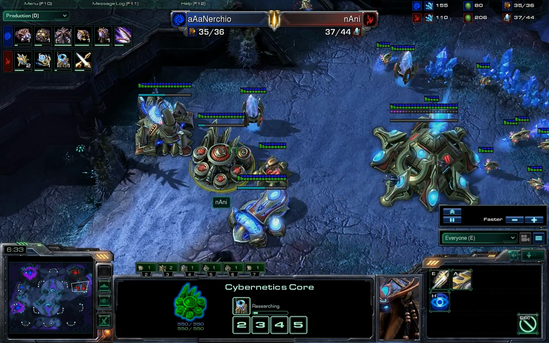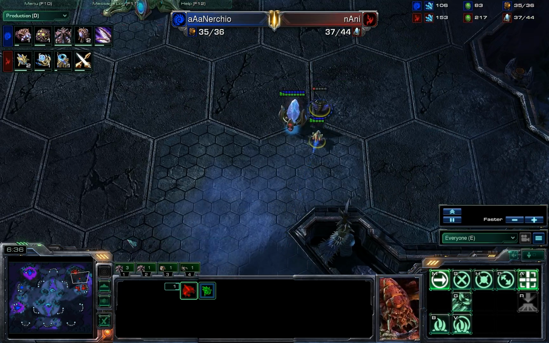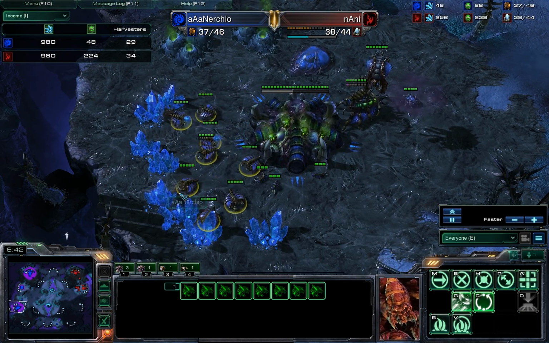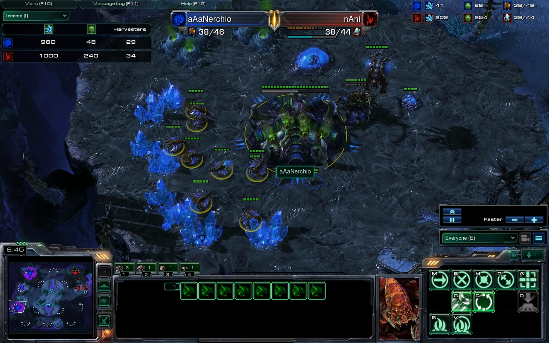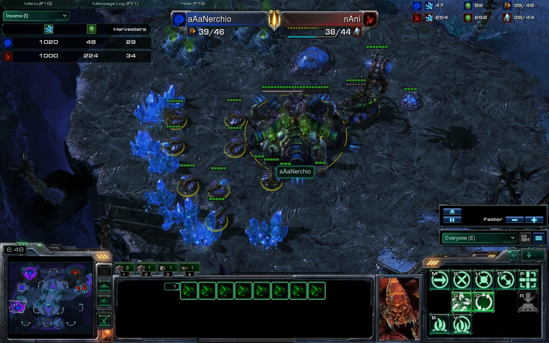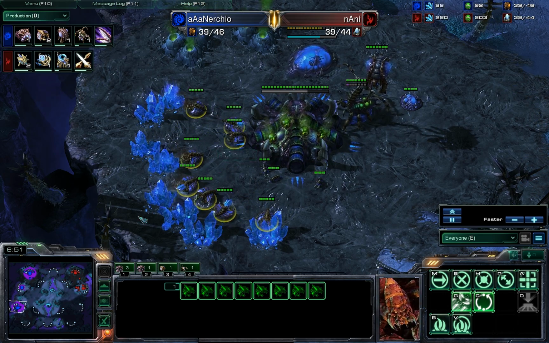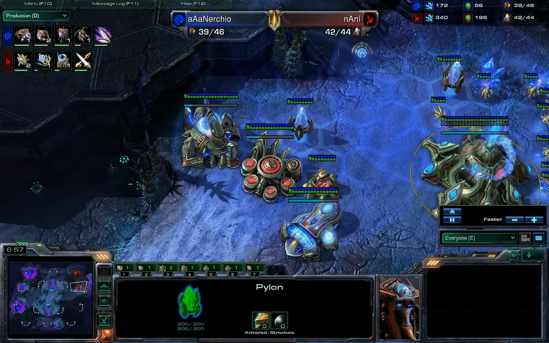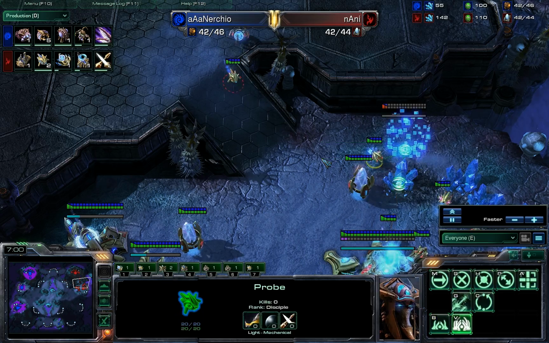I think both players are in a pretty good position right now, just getting their macro up. Income tab now shows Naniwa still ahead, surprisingly, but it looks like Nerchio is just closing the gap as fast as possible. Naniwa does still have both guys on gas, has 200 gas saved up, so there it is. Twilight Council